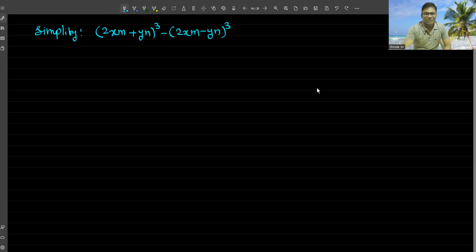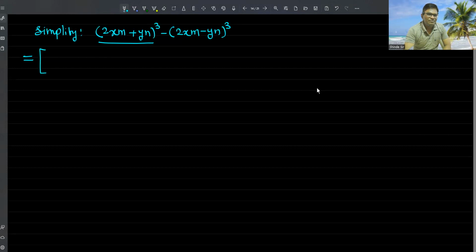So first I'm going to simplify this expression using the expansion formula of (a plus b) whole cube and (a minus b) whole cube. So let's solve it. First of all, I'm going to expand this bracket using the formula (a plus b) whole cube. The formula (a plus b) whole cube states